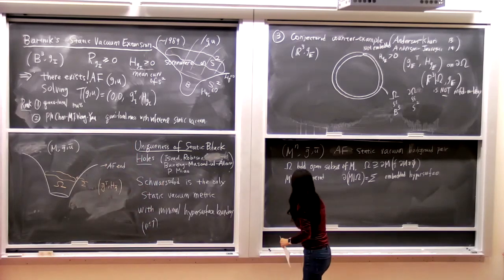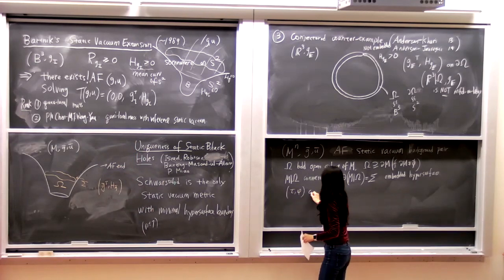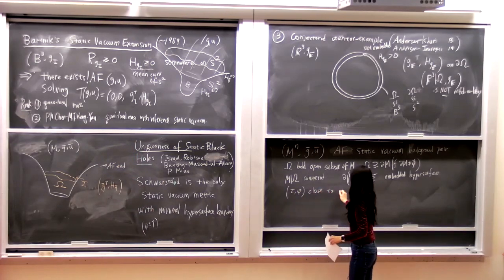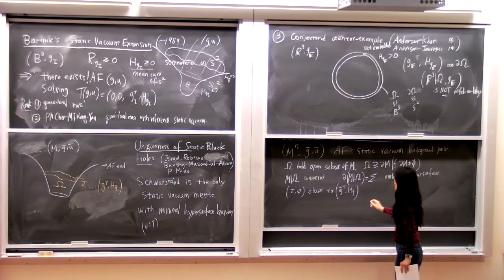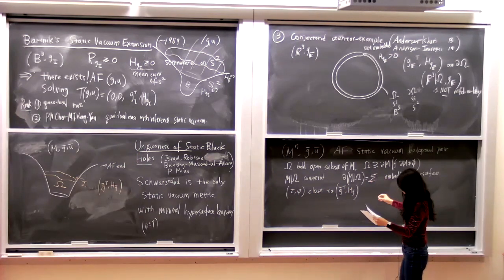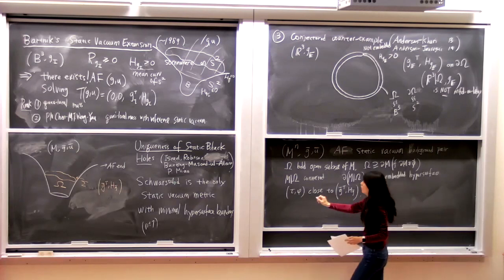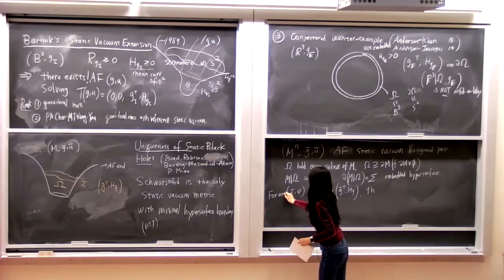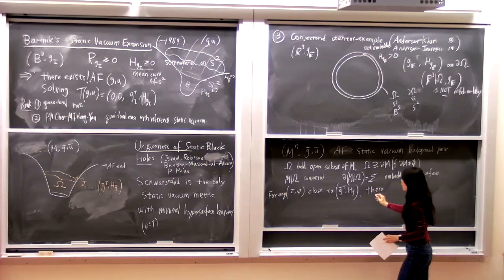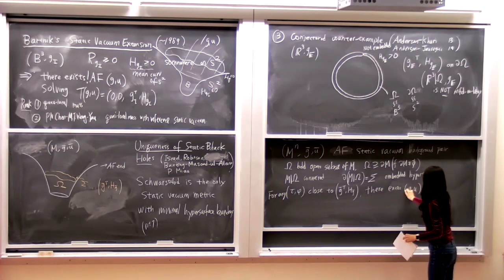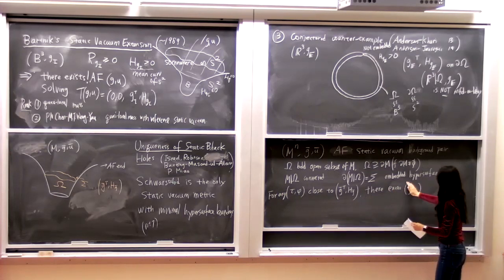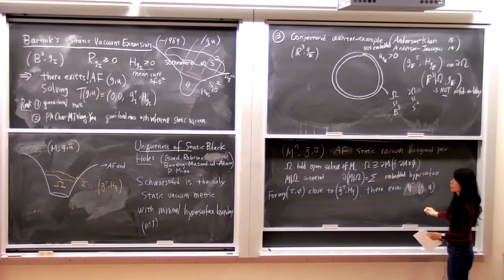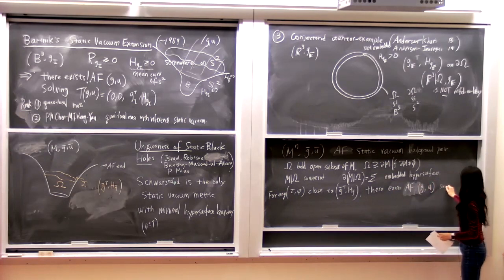So now I let tau and phi be close in some suitable space. And the reasonable conjecture would say there exists a solution g and u which is asymptotically flat, in the sense that g goes to the Euclidean metric and u goes to 1 at infinity, such that